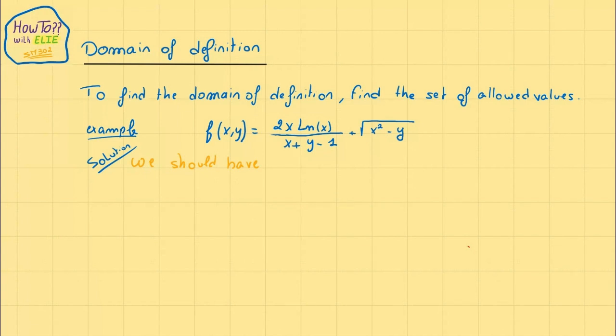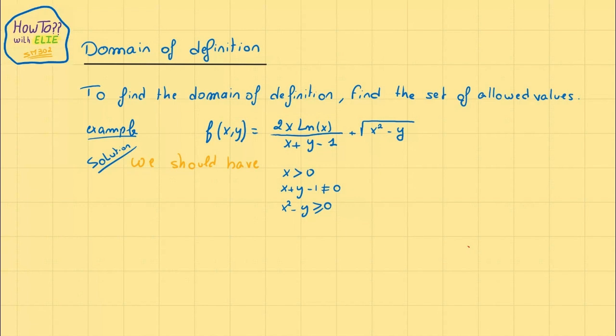Usually these are the most common conditions you might have. So something inside the logarithm, something with a square root, or in a denominator. And usually, or all the time, whatever you have in the denominator should be different than 0. Whatever you have with a square root should be greater or equal to 0. And whatever you have inside an ln should be strictly greater than 0. So you should have, and then you cite the conditions. x strictly greater than 0, x plus y minus 1 different than 0, and x2 minus y greater or equal